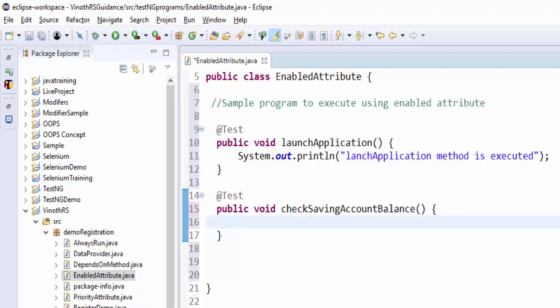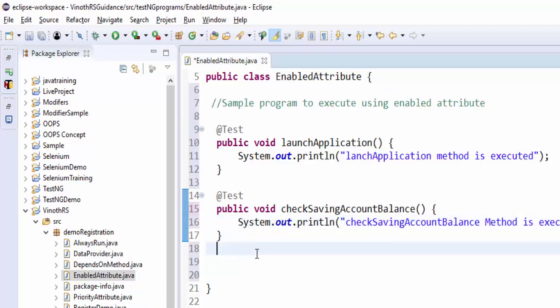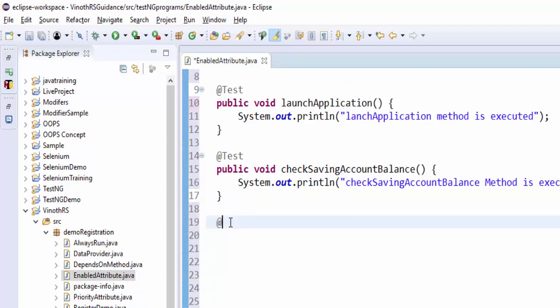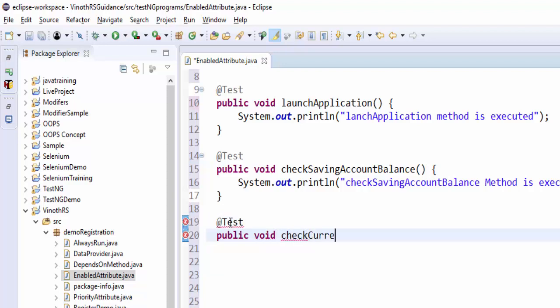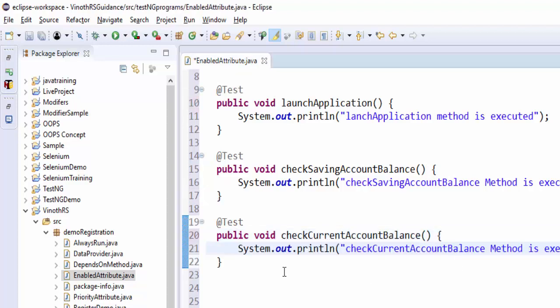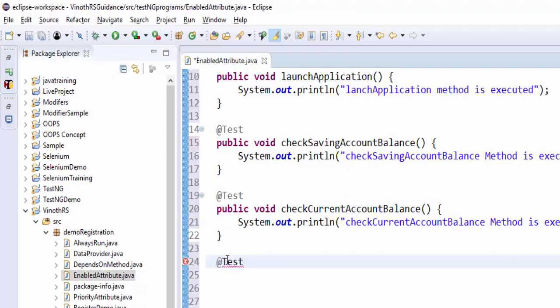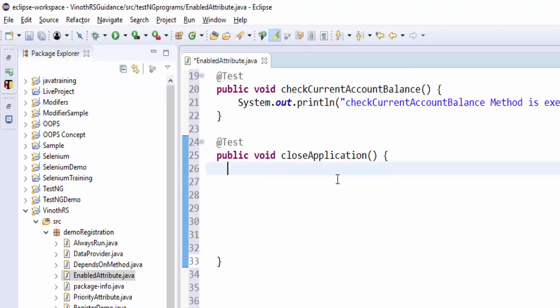Two methods are created and the output message is also passed. Now the third method, same way, test, public void checkCurrentAccountBalance. Pass the output message. And finally the last business logic or method is public void closeApplication, and pass the